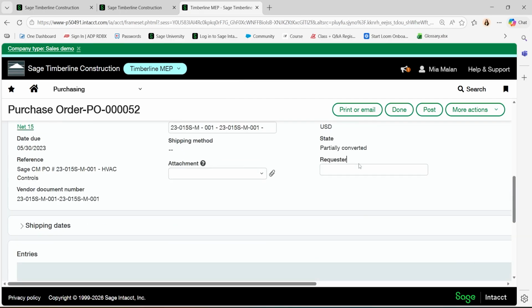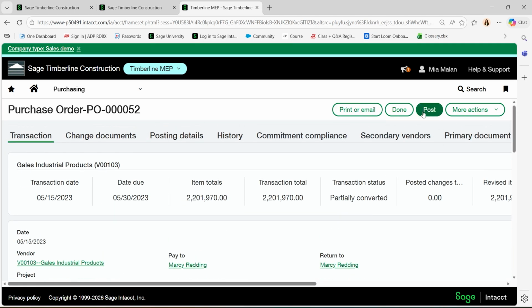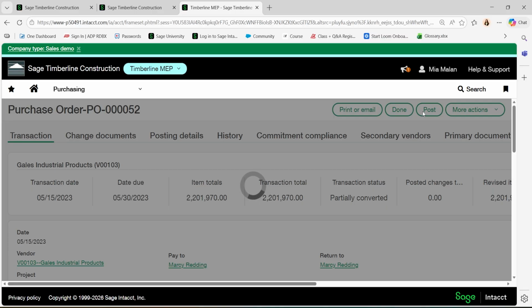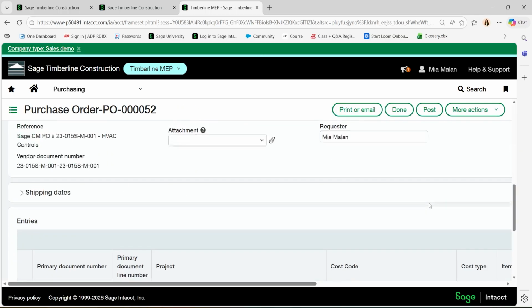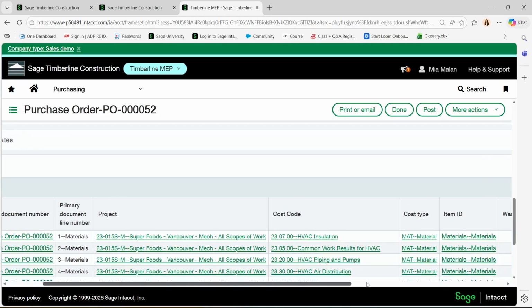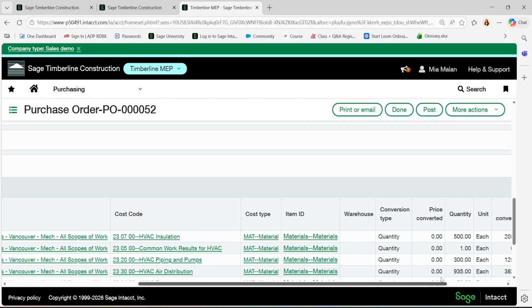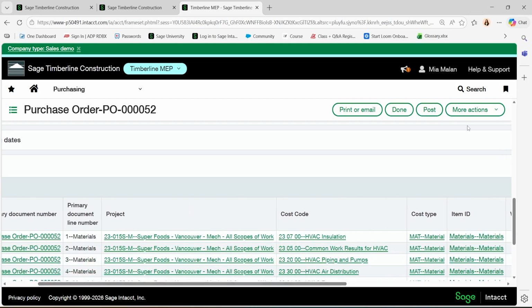Okay, so I'm going to add the requester here. Now once I save this and repost, it's going to print out with that requester since I added that merge field. So we'll repost. I also added that memo section within the table. And you'll see here on my screen, I don't have memo in my table. So it's really doing nothing for me until I add it.